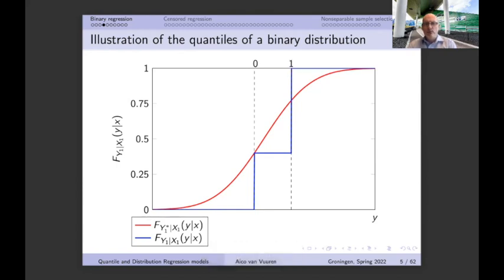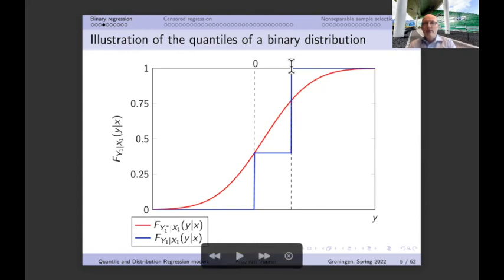And that's also not that difficult to understand, because we should realize that y1 can only take two values. It's either equal to 0 or it's equal to 1. So therefore the probability that y1 is smaller or equal to 1 is actually equal to the sum of the probabilities that y1 is equal to 0 and the probability that y1 is equal to 1. And that is by definition equal to 1, because it's the sum of all the potential outcomes that we have with respect to y1. So therefore, by definition, we get a jump upwards always to 1. And this difference, of course, that we have over here is the probability that y1 is exactly equal to 1.